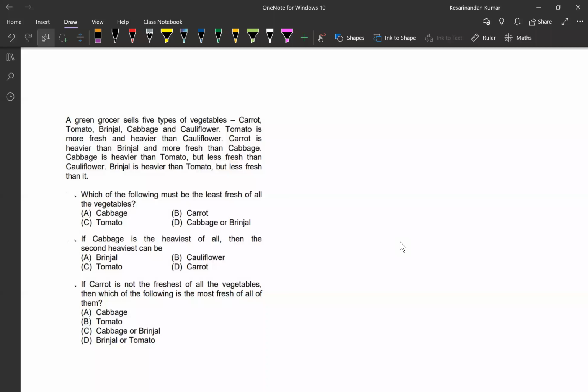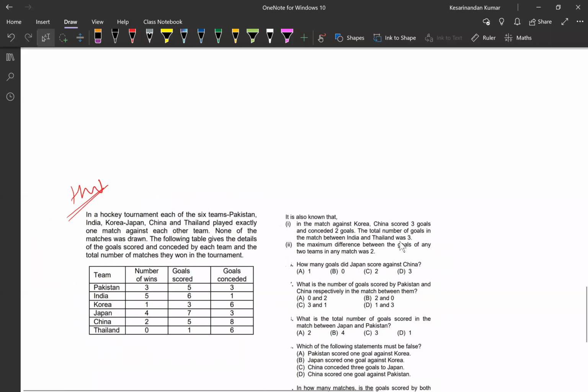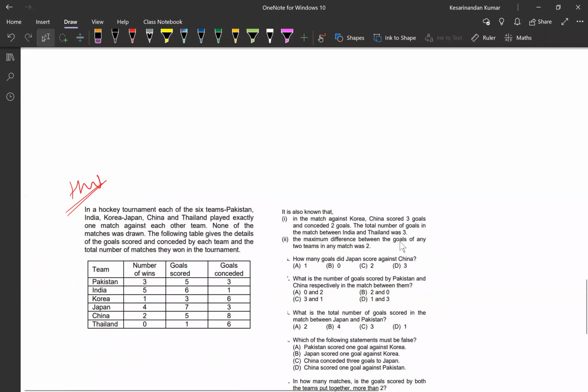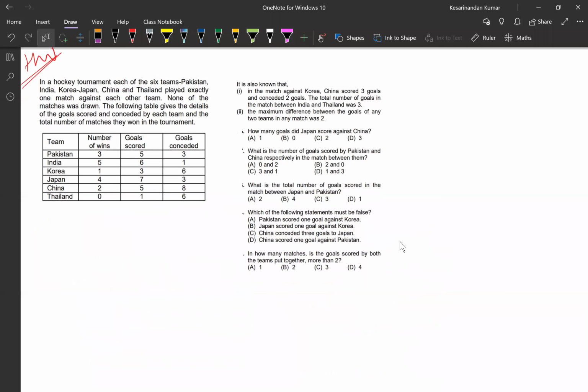Yes, Kesari. Okay. And guys, this is not an easy level question. This is a tough level question, I mean medium to tough. So if it comes in the CAT, you can expect such a level question. So I want you guys to spend some time on it and submit me the answer. I mean, this one is necessary. The previous one, even if you skip that part, I wouldn't say skip, but if you don't submit that initially, I'm fine with that.